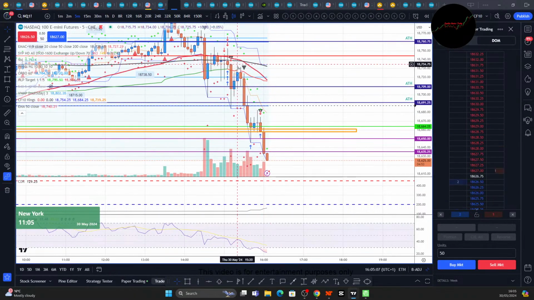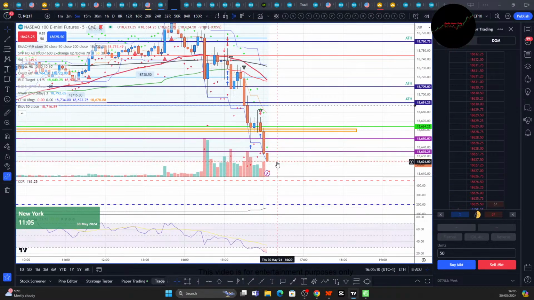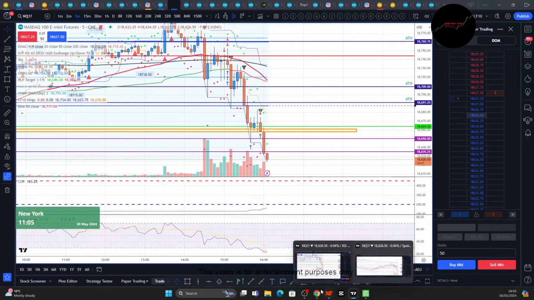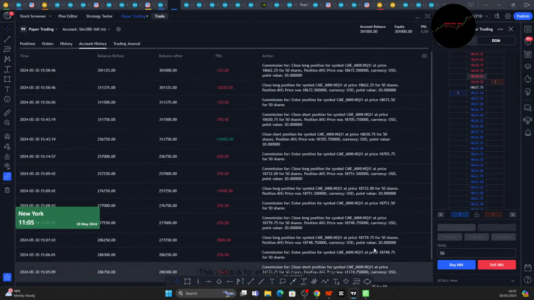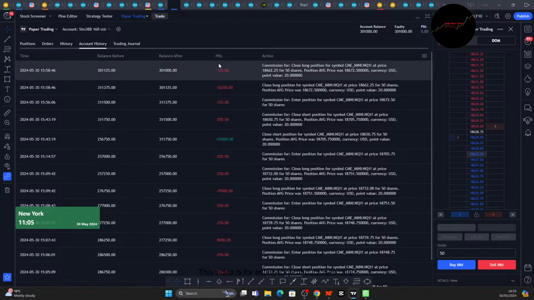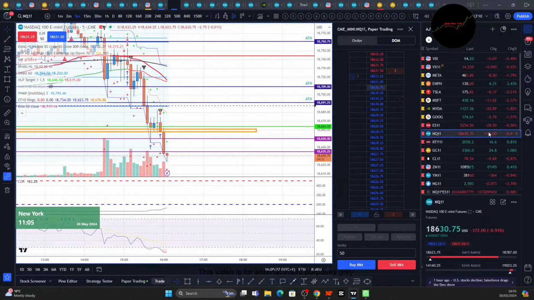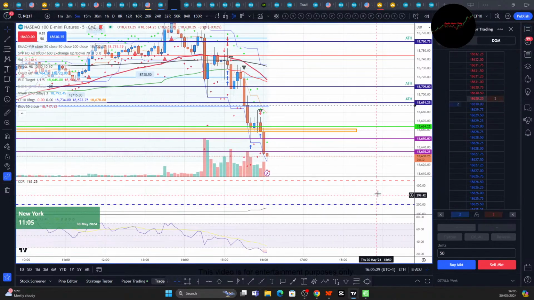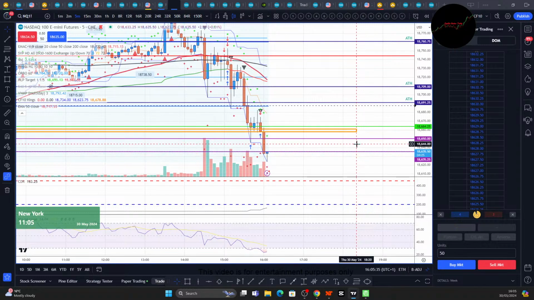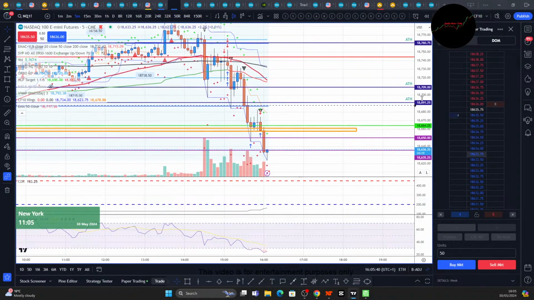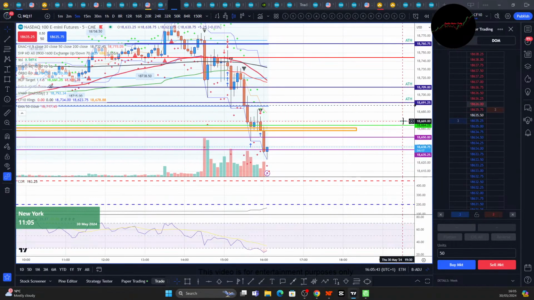So the original 75-point trade would have hit target if I would have kept it. Instead, I took 54 points. And then after that, I in fact took a loser of about 10.5 points. So I definitely would have been looking to end the day if I would have got that. I would have been well up on the day. Yeah, I'd have been up like just over 20 points, I believe. Maybe 30 points.